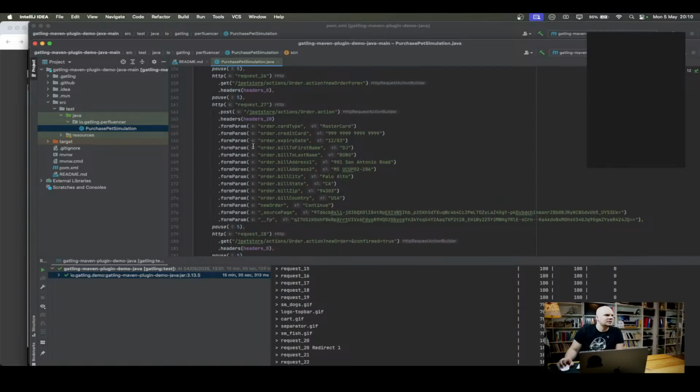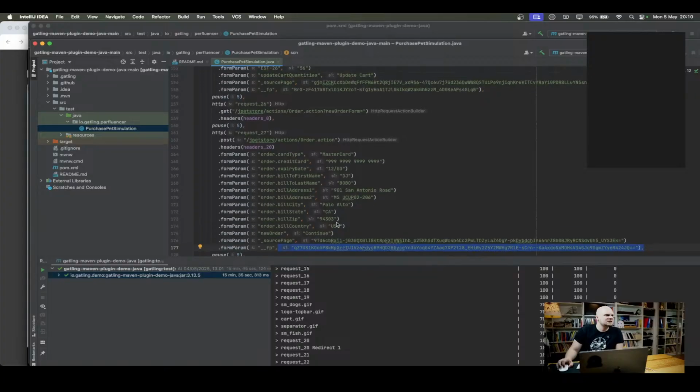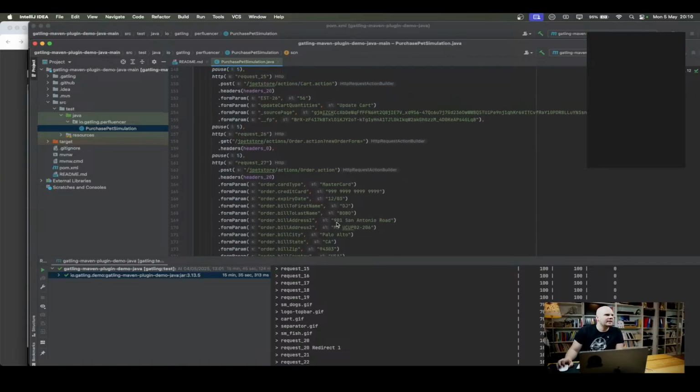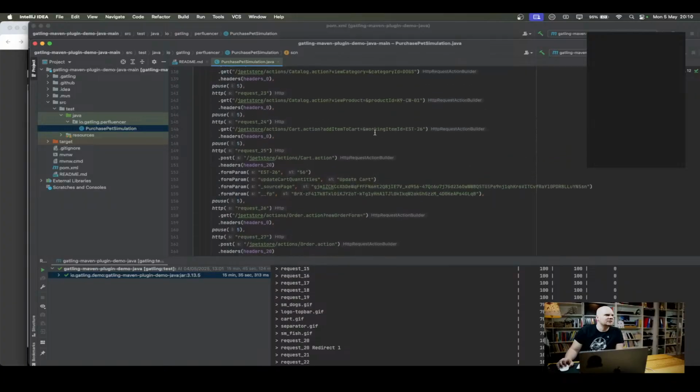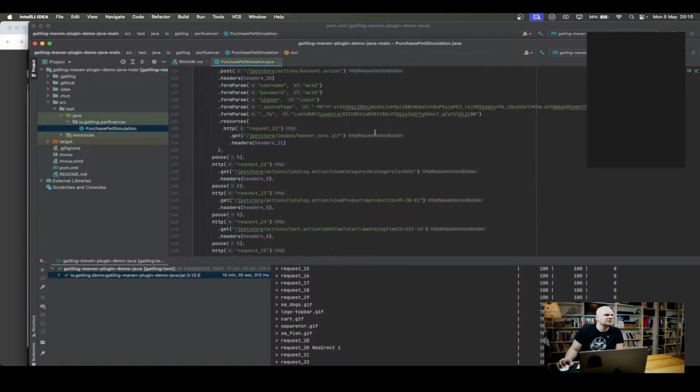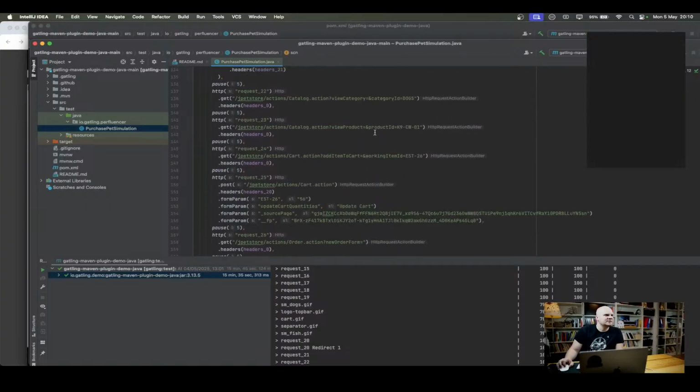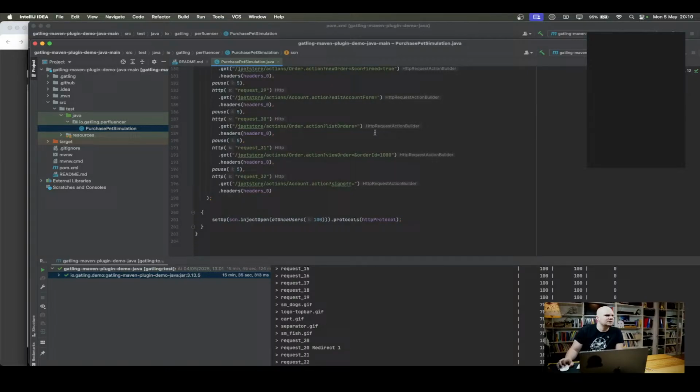So in the order form, we set the details, we set the source page, we set this parameter. I'm not sure what it actually does, but I do not see any date here. Let's just update the cart. I do not see any time specifically. So this is something that I would